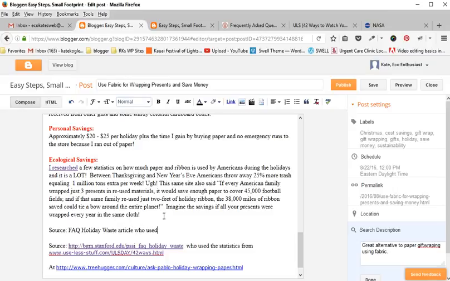Who used the statistics, I can't spell, from 42ways.com. So this is pure text, but it's a readable text. It's a readable sentence. So what you're going to do once you write this nice source sentence is come back and select the link. So we're going to basically say that this is going to be the link, FAQ holiday